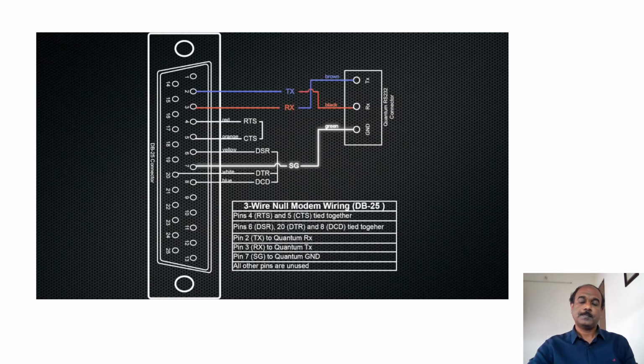This arrangement is descriptively called a three-wire null modem. This is what the Quantum uses. Of course, this means the functions that the